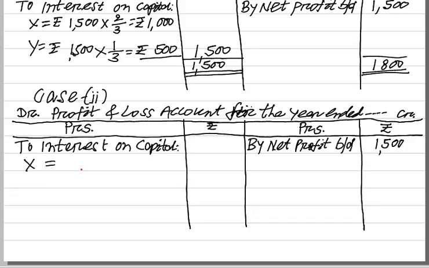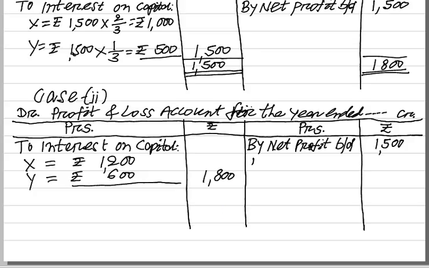X, as you have calculated in the working notes, is 1200. For Y, as shown in the notes above, is 600. The total amounted to 1800,